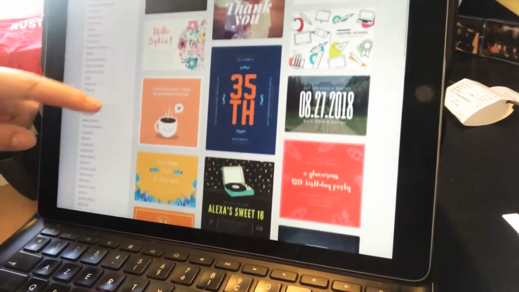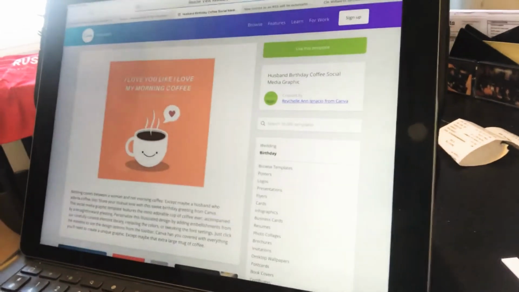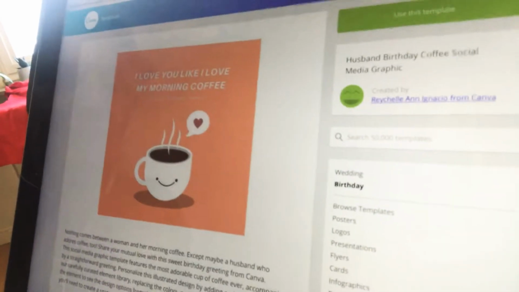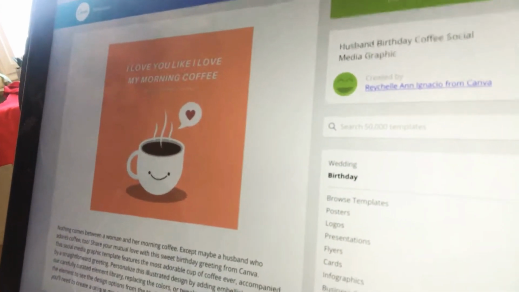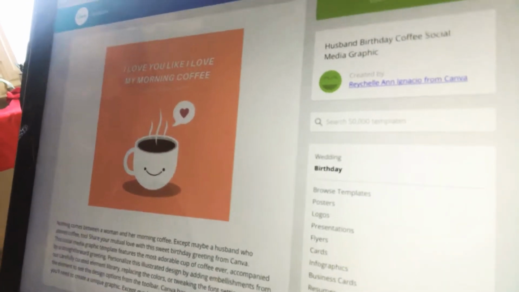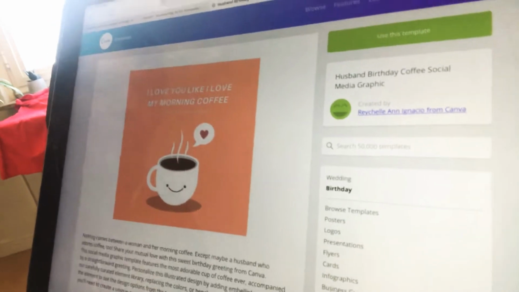What is nice about Canva is that it already has a number of templates ready-made for you. So obviously you wouldn't just pick or steal or borrow this image, but you can use it as a template and change the text, for example. I would change it into "You are only as strong as your coffee," and then you have something nice to put on your Facebook page if you are, for example, a coffee shop.